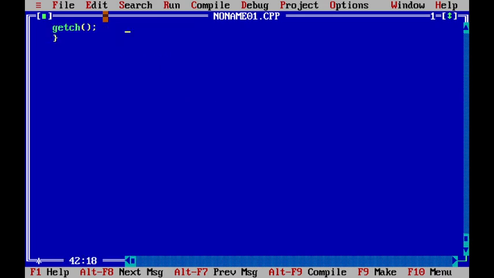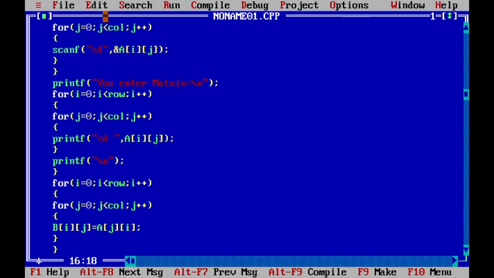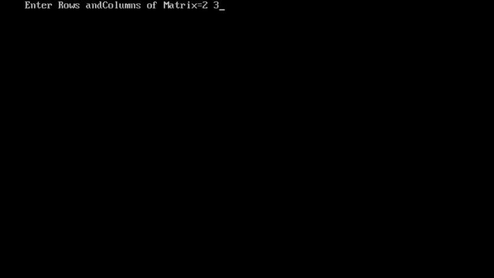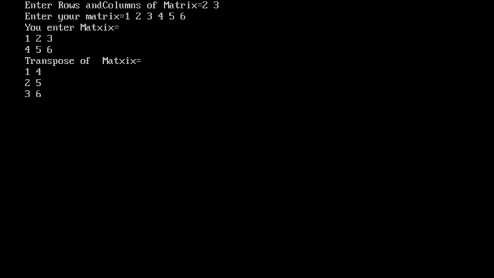You want to interchange here also, for column and row. Now if you run, say 2 by 3, and enter 1 2 3 4 5 and 6, you can check the entered matrix is 1 2 3 4 5 6, and the transpose of the matrix is 1 4 2 5 3 6.